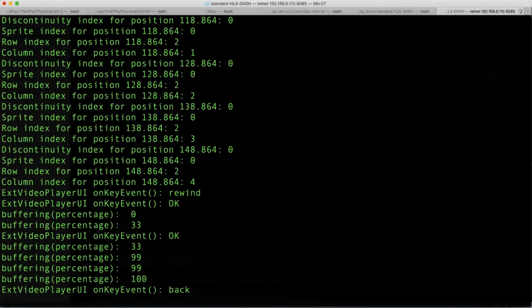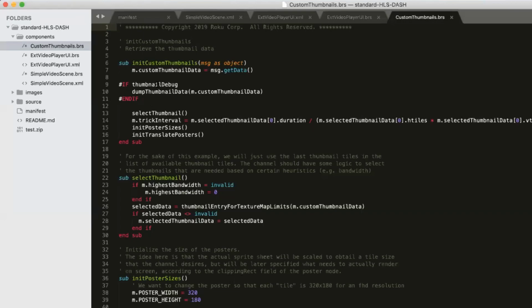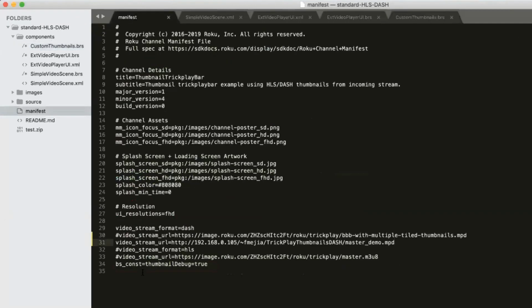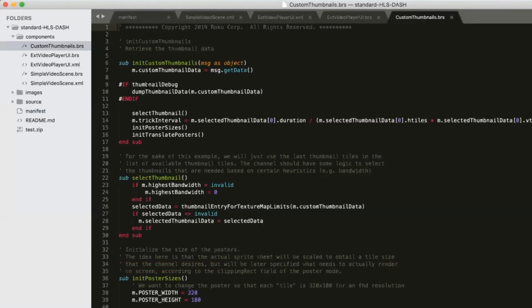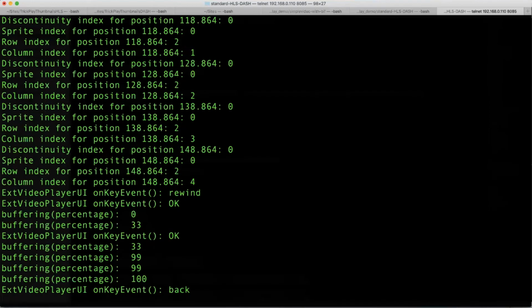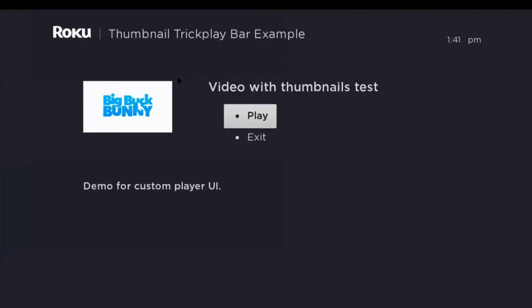So you can see a particular output that's being outputted because of the fact that we have the thumbnail debug. That's also a flag that we enabled here, at least from the manifest, is some static variable that we call the thumbnail debug, and it prints out some output. So that's what it's essentially doing here. But what we're interested in is what exactly is the data that's being retrieved from the manifest through BrightScript / scene graph. So if I were to play the video without doing anything else,